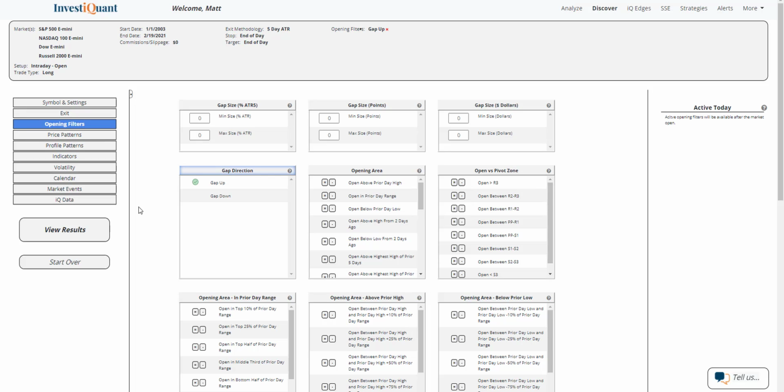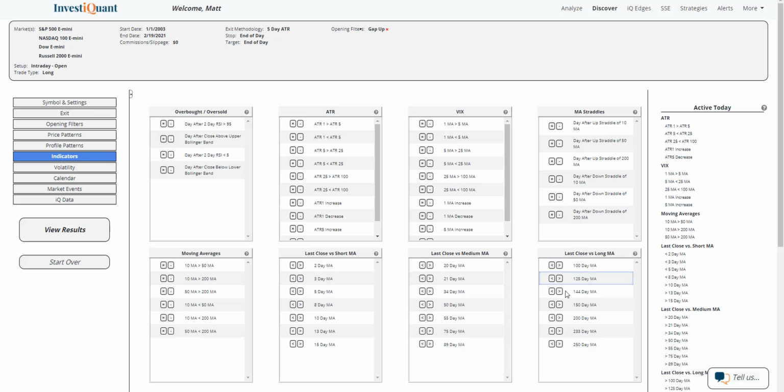However, that can make a difference on this setup, so I do encourage you to come in here on your own and look at the opening area as we get closer to the open. I don't know exactly where we're going to open at, so I'm just going to keep it more generic and say we're gapping up. Next, I'm going to go into the indicator section, and I'm going to say we are